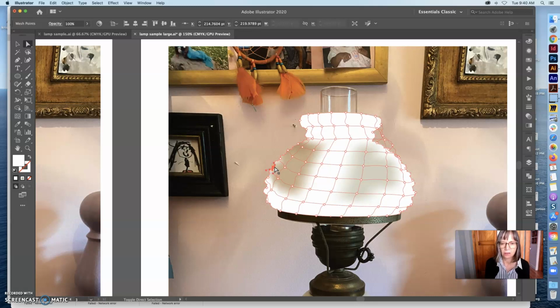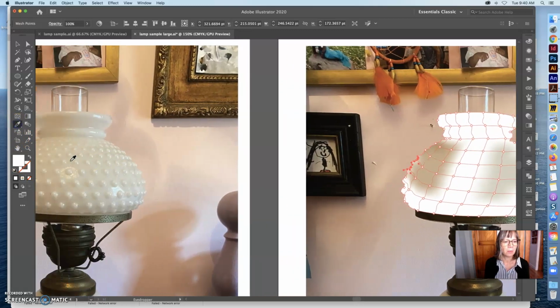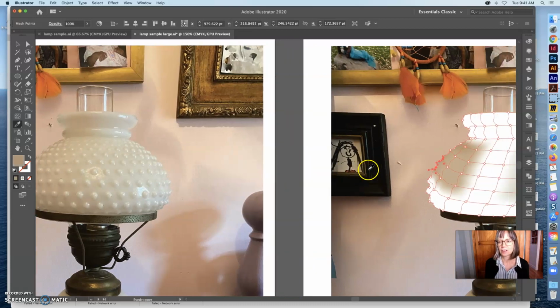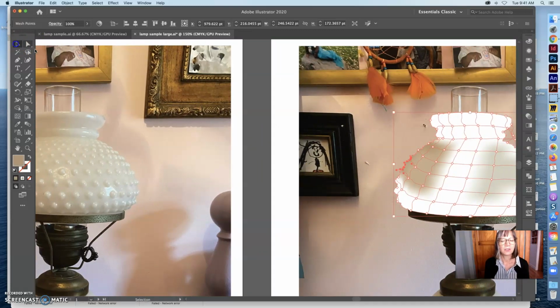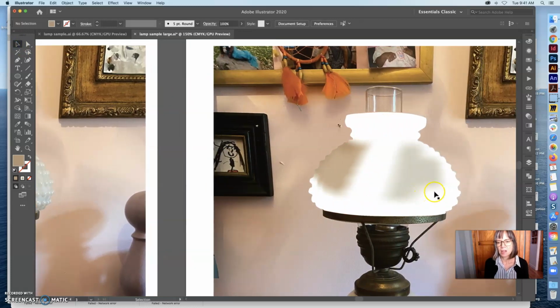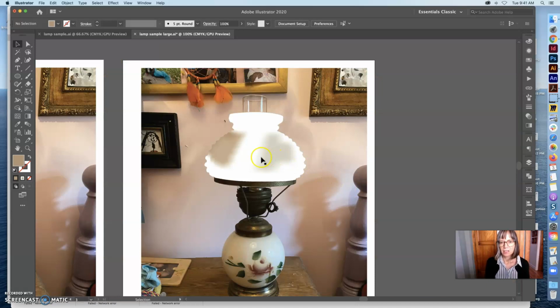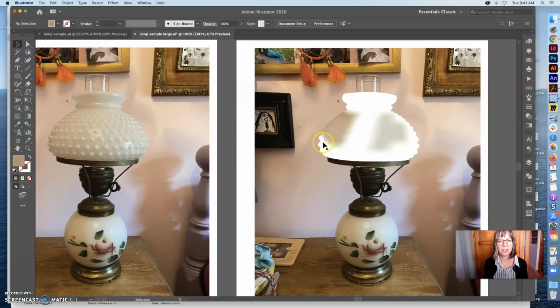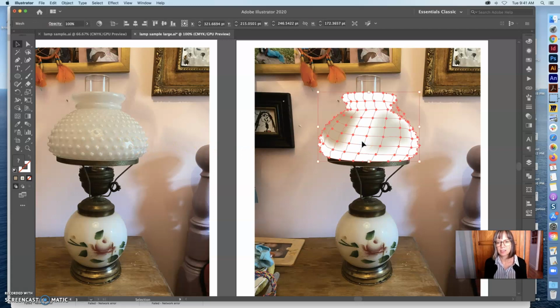Click, holding down the Shift key, and grab this one as well, and go to my eyedropper and grab the darker color over here. So you can start to see how that builds up and works. Now, as you keep working, selecting those points from over in your other object, you'll start to see how it can